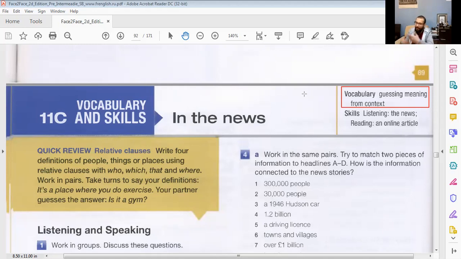This is a technique that we need to use all the time when we're reading. If you see a word you don't know and you can't check it in a dictionary, because maybe it's an exam, maybe you're in a hurry, guess it and move on. You get the idea? You shouldn't stop just because there's a new word. So what? If it's a new word, no problem. Just try to get the overall meaning. So this reading skill is called guessing meaning from context. Context means the context of the speech, the context of the paragraph or passage. That's the idea.